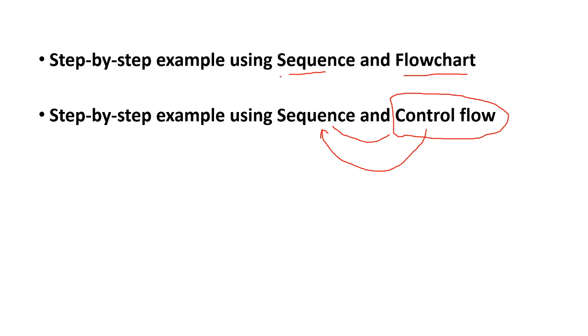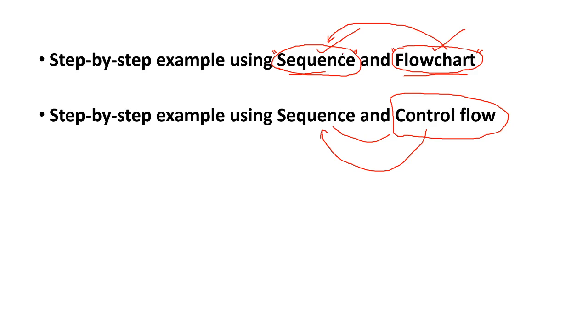And we are already aware of sequence and flowchart, right? So with this example we shall better understand how sequence and flowchart can be used. At a high level we understood sequence can be used to automate a simple task, whereas flowchart can be used to automate a complex task, right? Correct. Now with one simple example once again, we shall better understand when we can use a sequence and when we can use flowchart. But keep in mind that even if you use flowchart to do a simple task, it is not a problem.